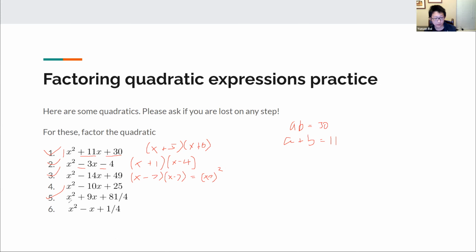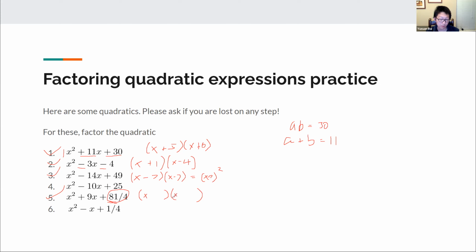And now we look at number 5. This one is interesting because you see the last number here isn't a whole number. We see that it's x squared plus 9x plus 81 over 4. So looking at this question, we see that the last number here is not a whole number. So we know that at least one of the numbers in the